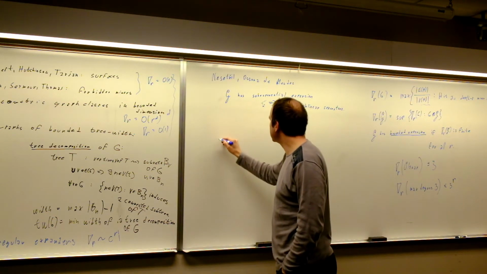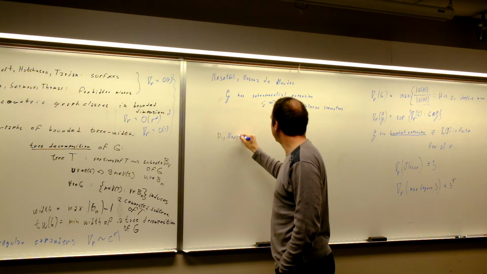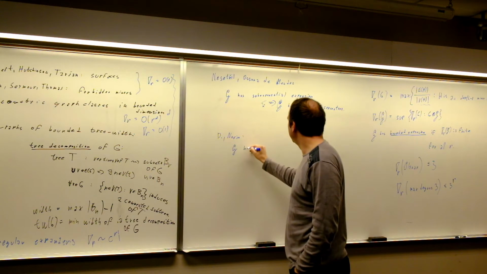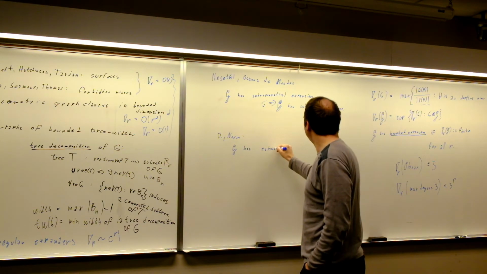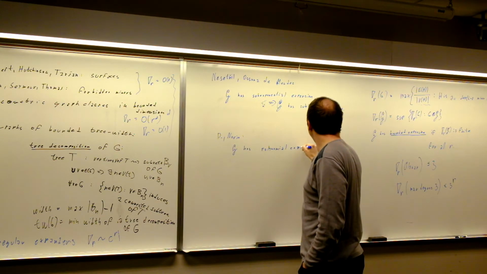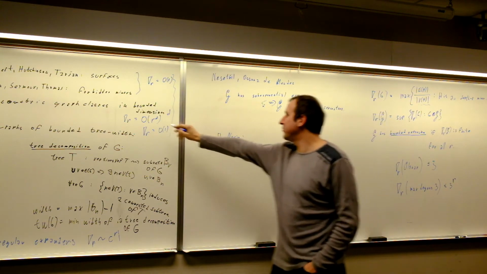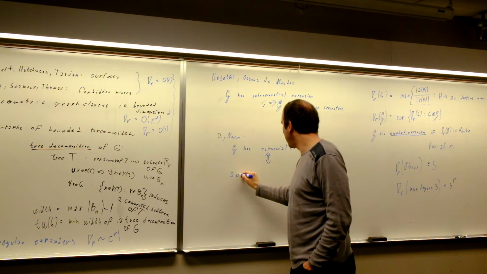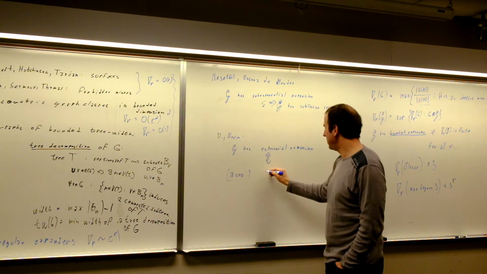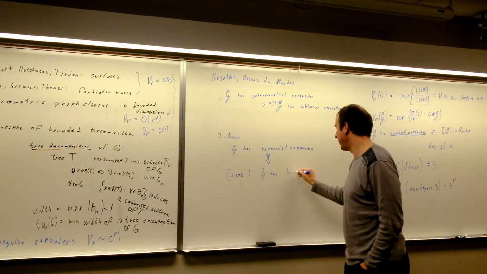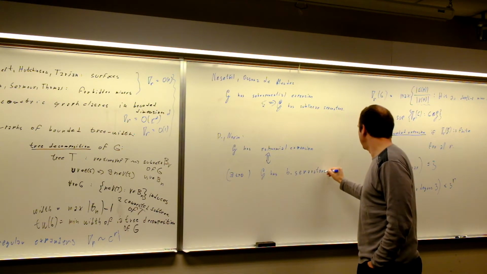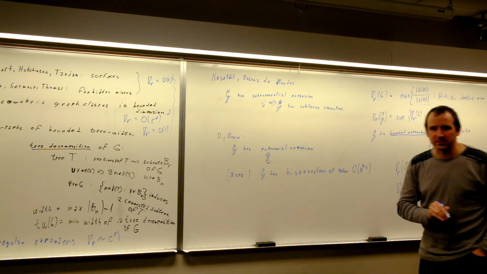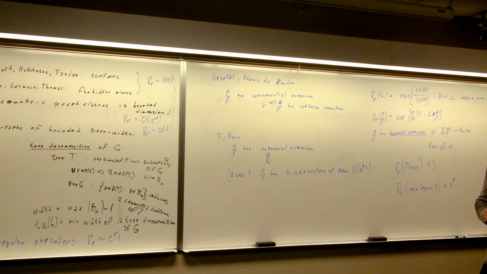What we can prove is that G has polynomial expansion, so the expansion function is bounded by some polynomial, if and only if there exists some epsilon greater than 0, such that G has balanced separators of order at most n to the 1 minus epsilon. So this is actually